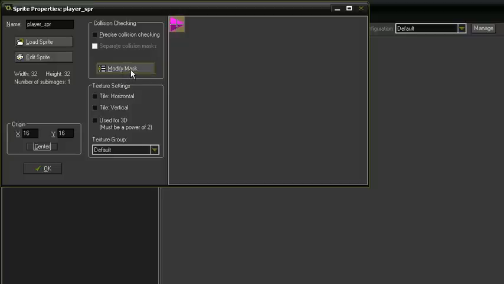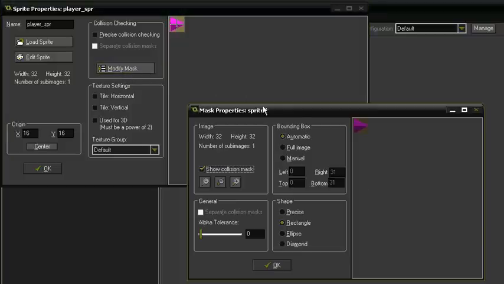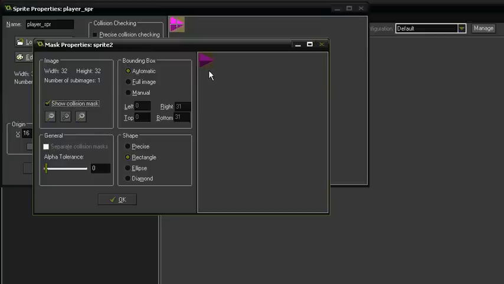So we click on modify mask. This brings up the mask properties window. Now you can see this shaded area on the sprite here. This is the collision mask. So when we code things like an enemy bullet coming in contact with the player, this is what it will come in contact with, the collision mask. And we can change that. The collision mask can be separate to the actual sprite image. Now you can see it's sort of filling the whole 32 by 32